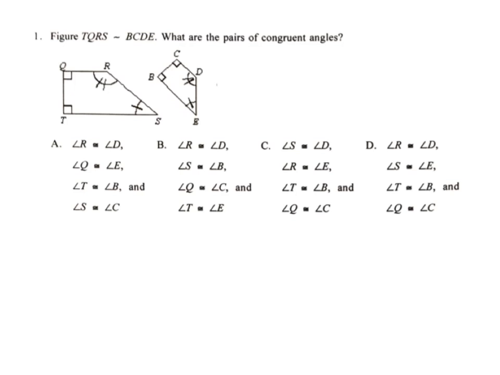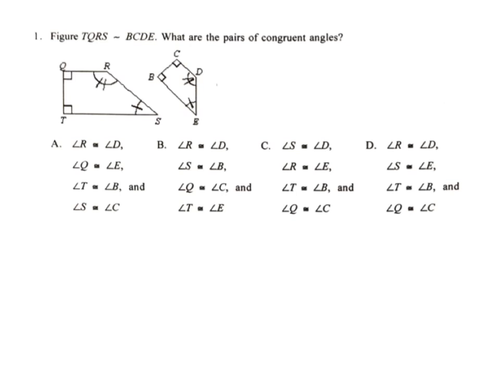Alright, in this video we are talking through the first 4 problems in your geometry review packet. Number 1 says figure TQRS is similar to figure BCDE. What are the pairs of congruent angles? All we're doing is matching up the angles that match. Remember, if they have the same number of hash marks or arcs in them, then they are the